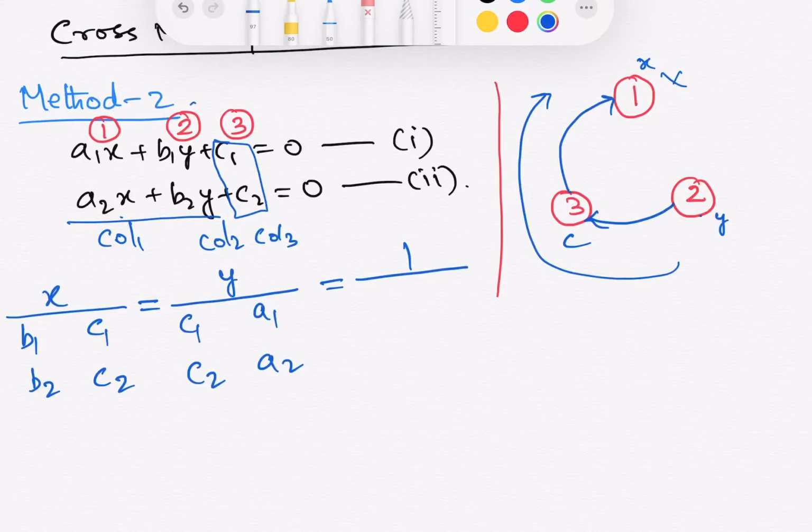So now in our diagram we see that this is the constant part, we don't consider it, this number 3 is cancelled, and we only concentrate on number 1 and number 2. Now you draw an arrow from 1 to 2. This is anti-clockwise. From 1 to 2, first you write the coefficient of 1, which is the x variable part, a1 and a2, and after that you write the y variable part, which is b1 and b2. So all 4 elements in the denominator portion are complete.